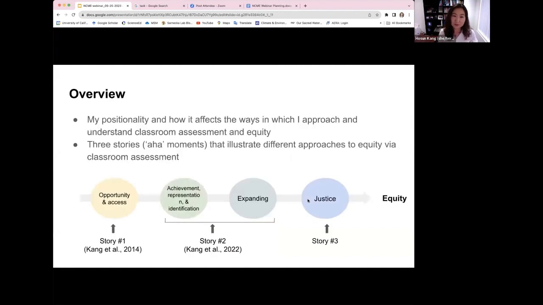So, a quick introduction about myself. I was born and grew up in South Korea. I taught middle and high school science in South Korea for about 7 years. Now here in the US, I have been working with pre-service and in-service teachers for about 17 years. So my upbringing and experience in two very different educational systems is a great asset for me as a scholar and educator. More than anything else, my upbringing and experience helped me to notice and see the role of context